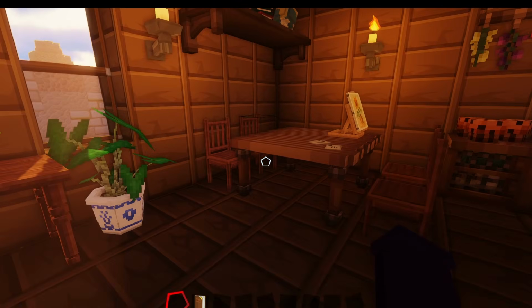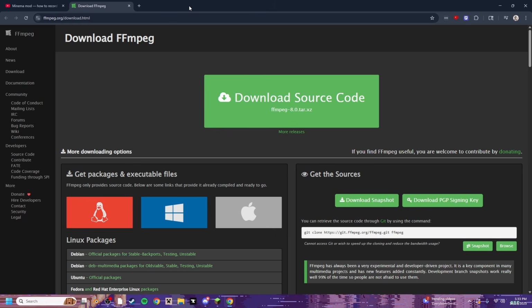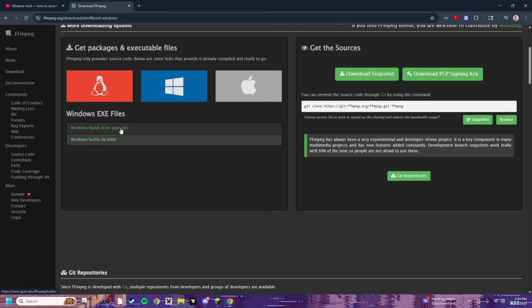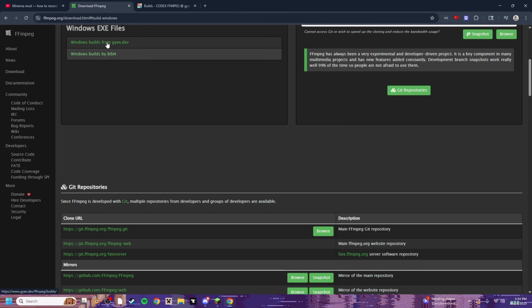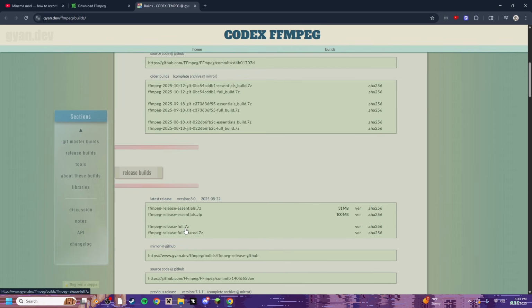Okay. We must venture outside of Minecraft for this. So basically, you're gonna go to this website, which I will link down below. Select whatever operating system you have. I have Windows, so I'm gonna select Windows. For Windows, click this one. Go over to that tab. Go ahead and download